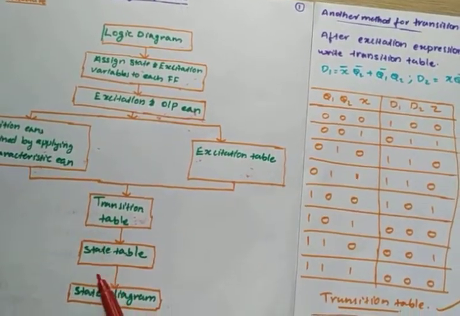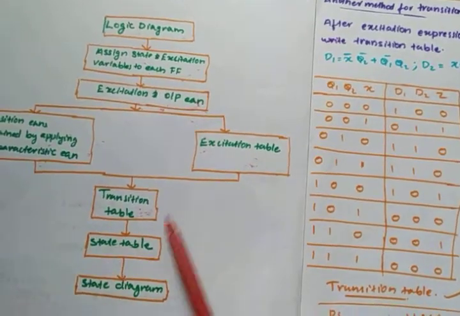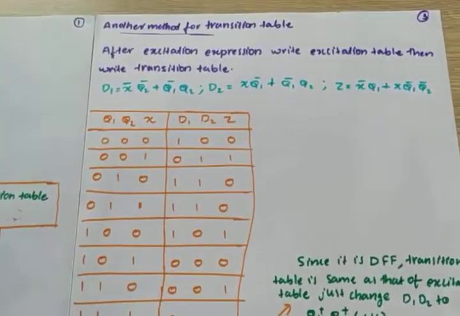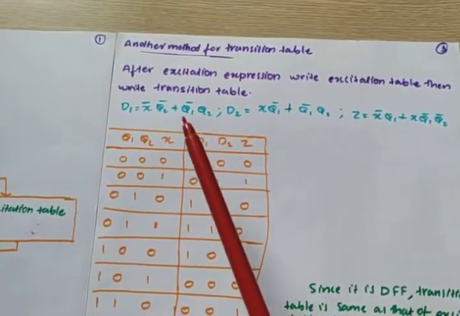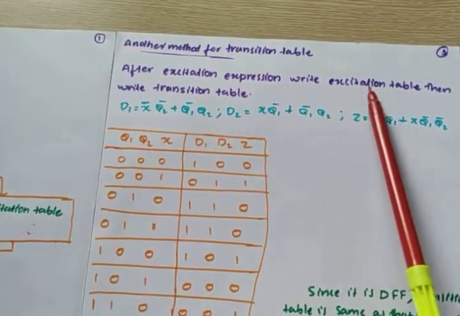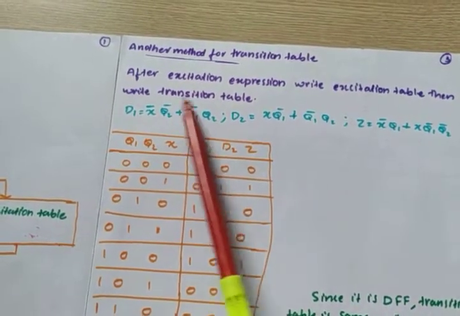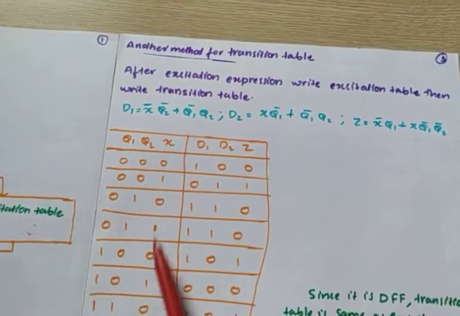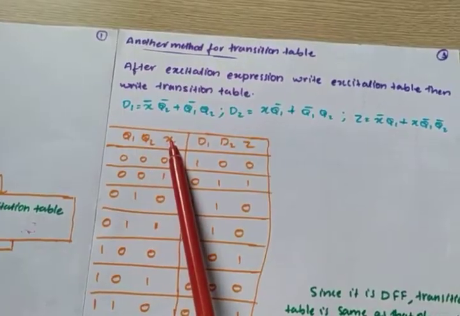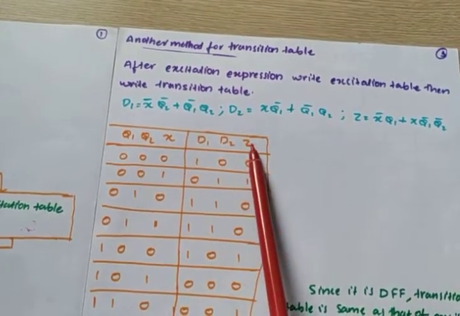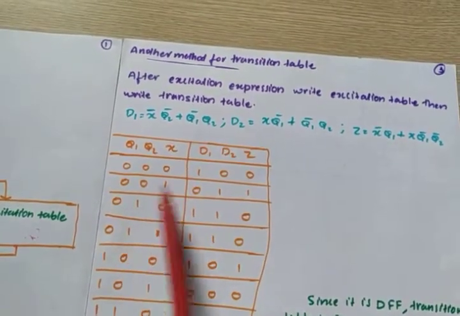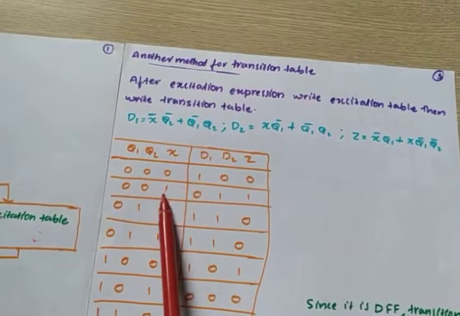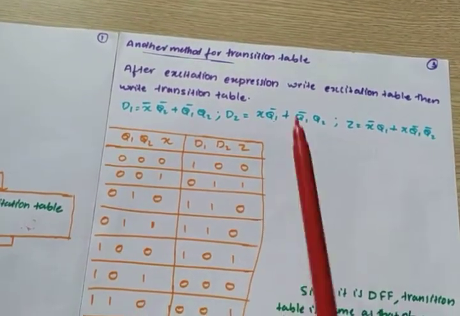This is the method I showed. Now I am going through this way, another method for writing this state table. After the excitation expression, write the excitation table, then write the transition table. First you write the excitation table. These are the equations. The excitation table has Q1 Q2 and input X. What is the next state? D1 D2 and Z. For 0 0, for X input 0, what is the excitation and output? For 0 0, for input 1, what is the excitation and output? Like that you have to write the